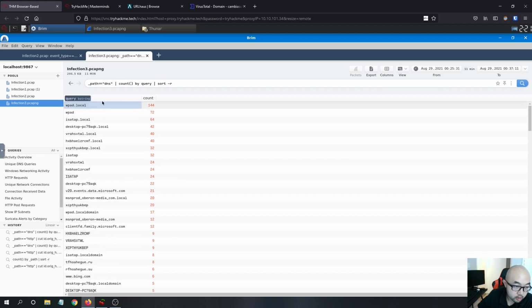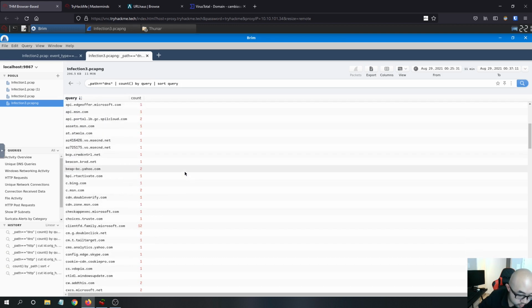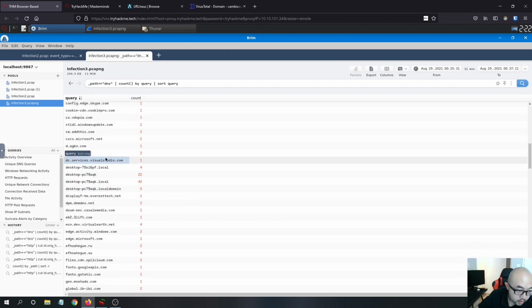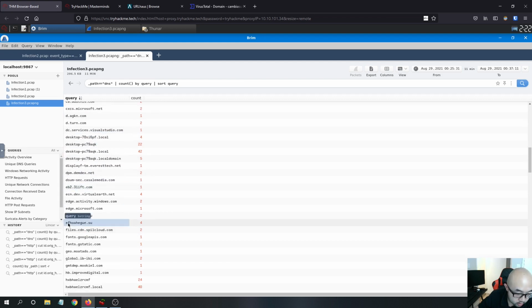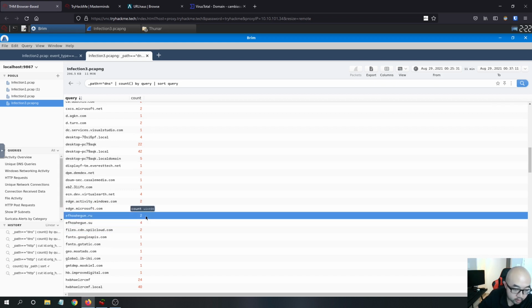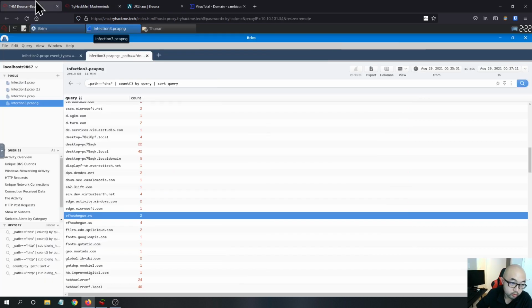We can actually sort queries based on the alphabetics. You can see that we want to check out that specific domain. So it starts with E, right? So we have these two domains. One is to the Russia and the one is to this country. So we know that the count is 2, right? That is the answer. And next question, how many binaries were downloaded from the above domain in total, which we